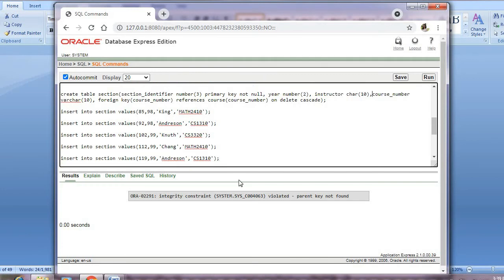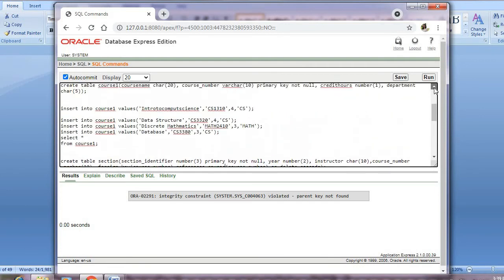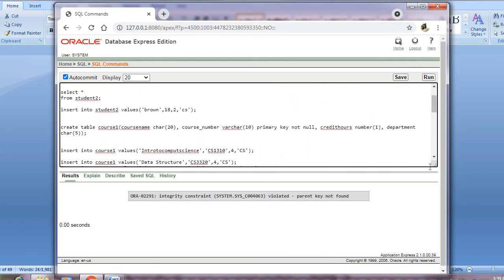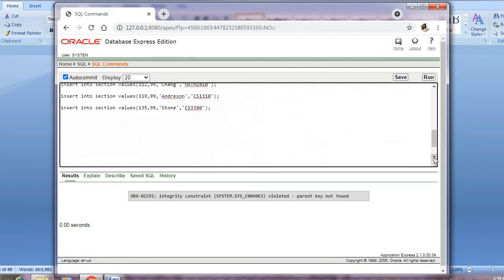When I give it like this, integrity constraint violated, parent key not found is shown, because of the table name. I have created the table as course1, but I have given it as course. So I have to change the name here. When I look here, I have given it as course, but here it is taken as course1.